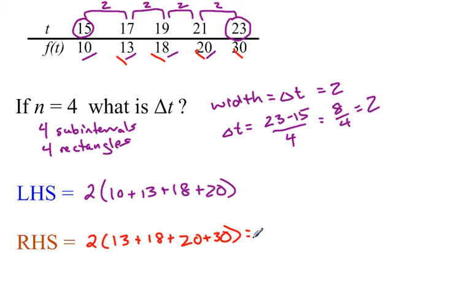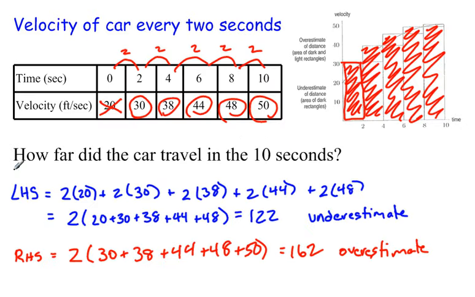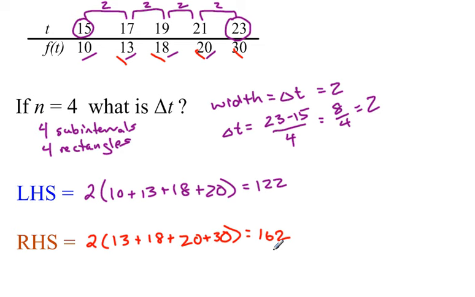Let's see. Our right-hand sum comes out to 162, and our left-hand sum was 122. And I'm just realizing I looked at the wrong side for the numbers on that previous slide. So I'm going to just go back here and fix this up. This was not 122 and 162. This actually was 360 and 420. Sorry about that. All right, so carrying on, 122 and 162, and here we have an underestimate,